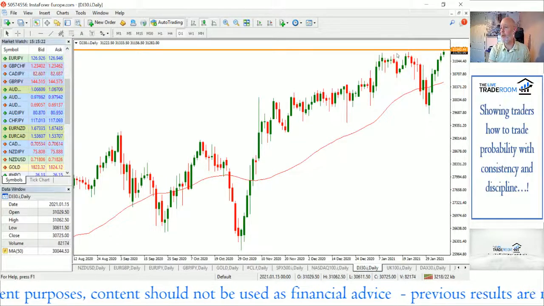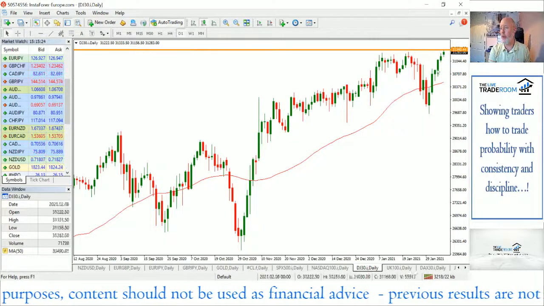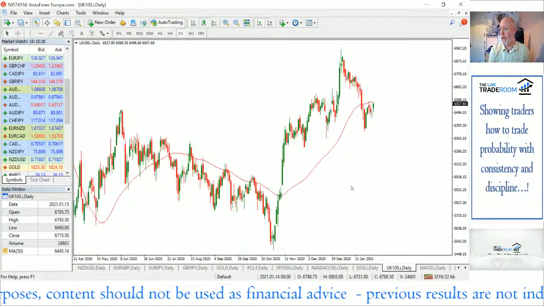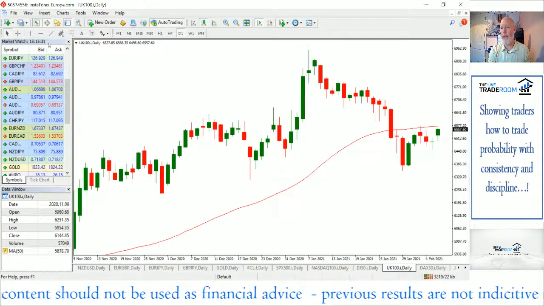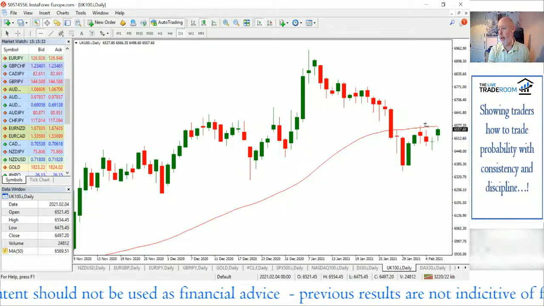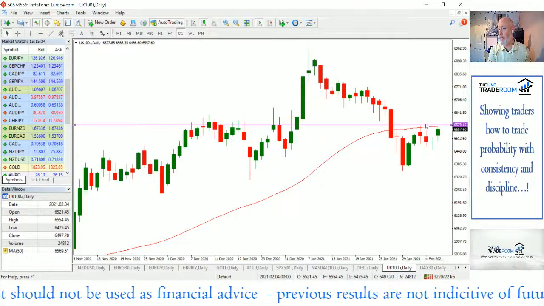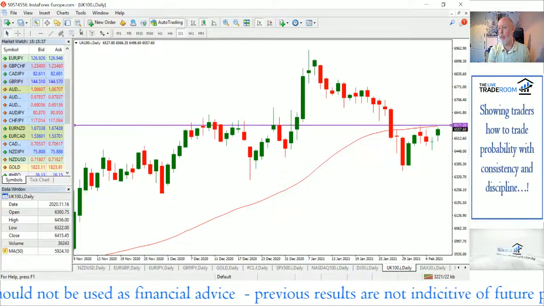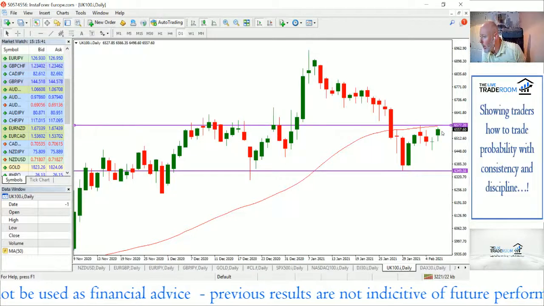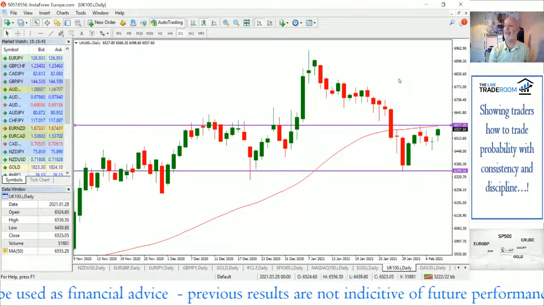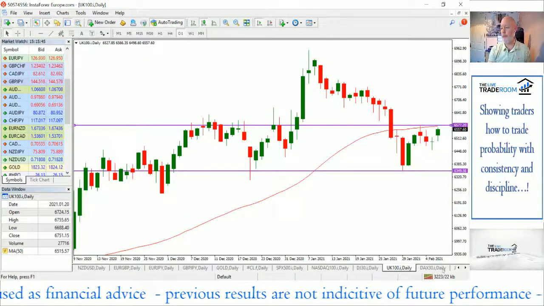We have this sort of triple top in here. We've just made a new all-time high in the Dow Jones. The FTSE has a little bit of work to do, which may give us a bit of an opportunity, but for it to be a high probability trade to the upside, unfortunately it does need to be above the 65-66 level.